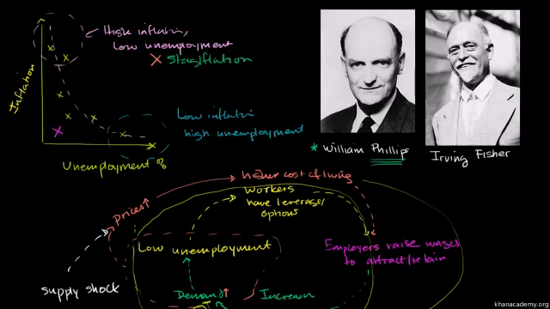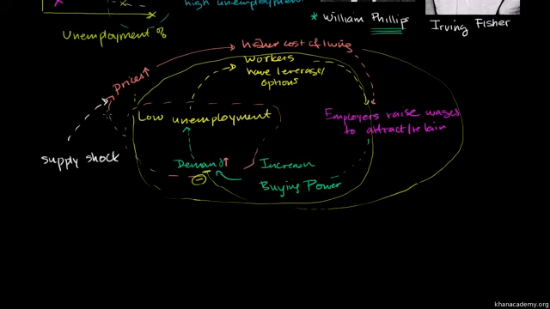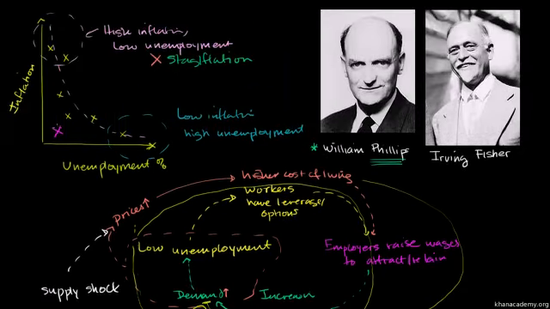And the argument that many people make why we were able to do that, why this cycle didn't keep going on and on, why the prices didn't go up, is that you had this other trend of huge technological improvement. You had computers and telecommunications, and the internet went on this kind of super productivity curve. So even though you had the cycle, you had increased buying power, demand was going up, the productivity of the country was increasing so much that it did not lead to inflation. And so that's what carried us through the late 90s.